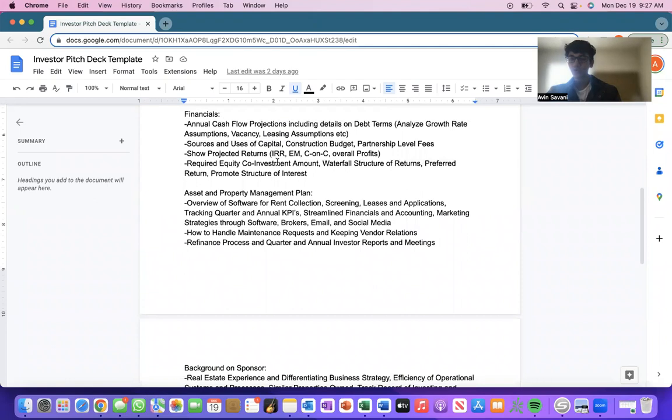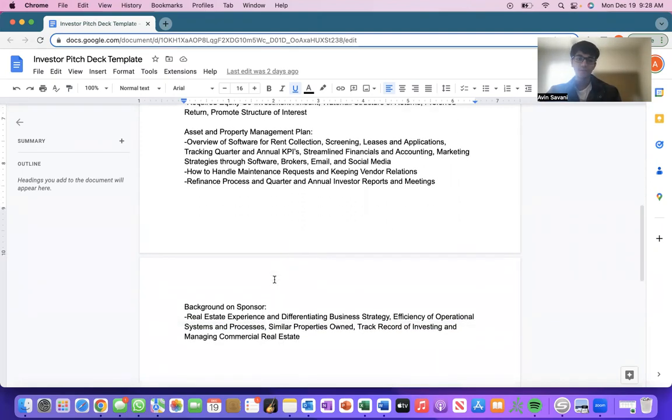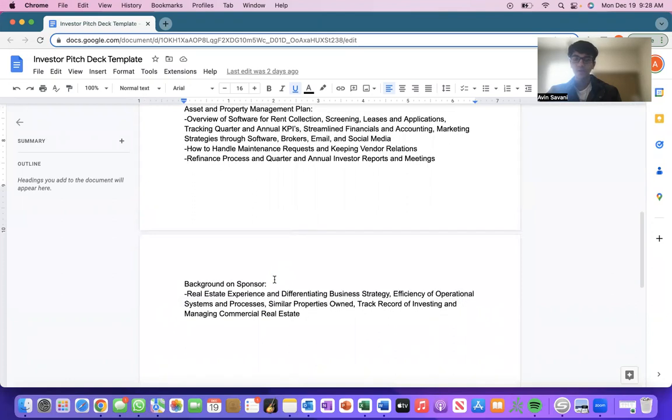And then on a quarterly and annual basis, you can inform them with a well-written report about how the property is actually performing, so that they can track the returns, track other metrics that they want to know about, and be more involved with the process, right? So that's that. And then the asset and property management plan. This is really important. I encourage a lot of the limited partners, passive investors, to ask about this too, because this is ultimately the execution of the project, right?